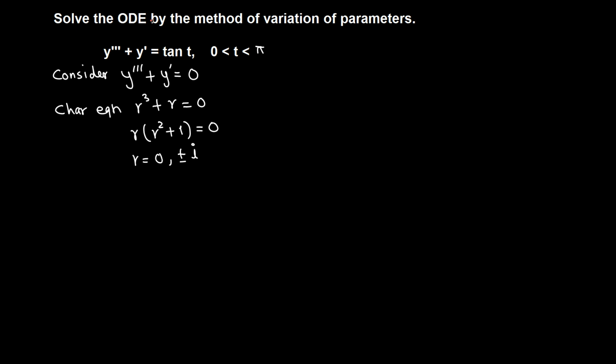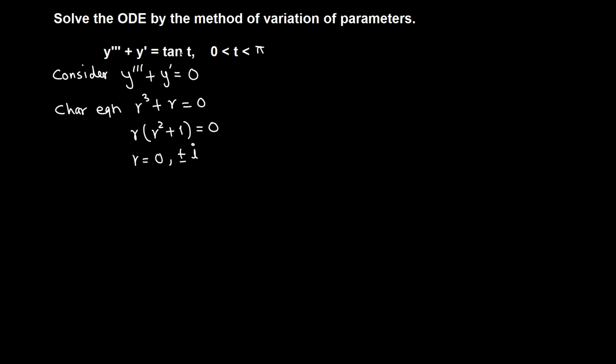Solve the ODE, ordinary differential equation, by the method of variation of parameters. So our equation is y triple prime plus y prime equals tangent t, and t is in between 0 and pi. So we have a non-homogeneous, because the right hand side has a function, not 0, non-homogeneous third order linear